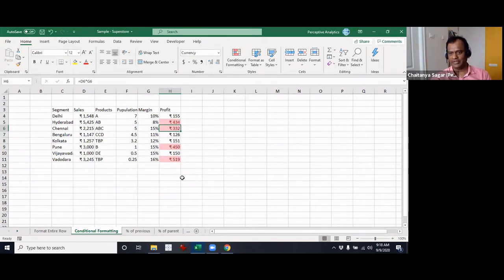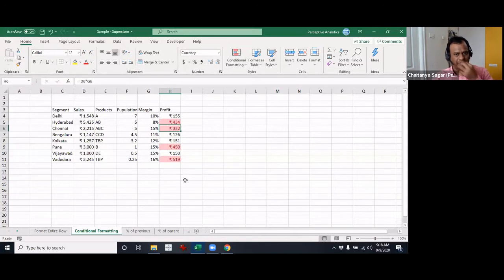So this is the crux of why we want to use conditional formatting. One, you want to format, and number two, there is a condition based on which it has to be formatted, and also we want it to update dynamically as opposed to being constant. These are the various conditions that we would like to satisfy, and that's why we use conditional formatting.